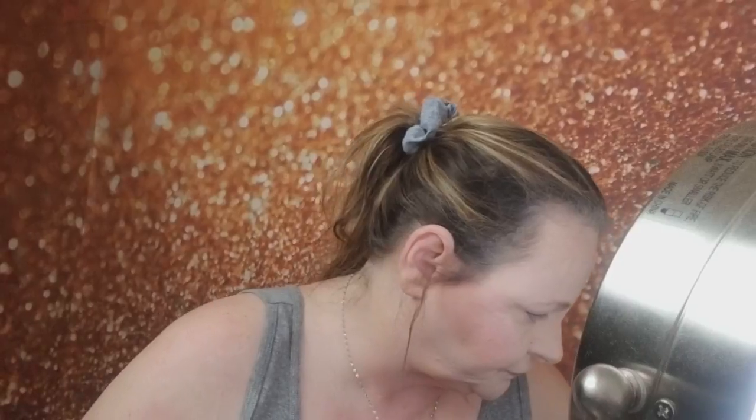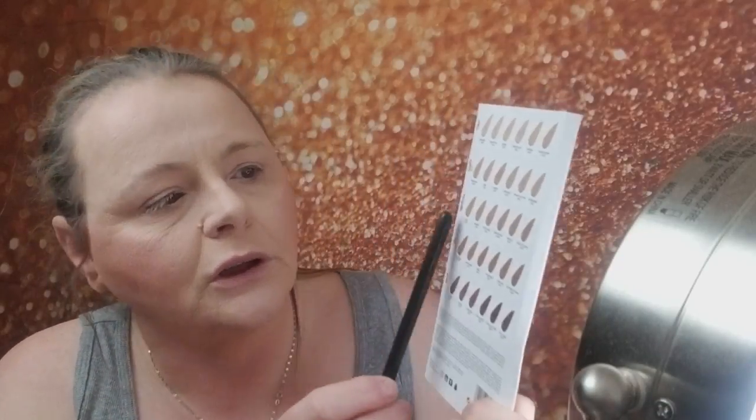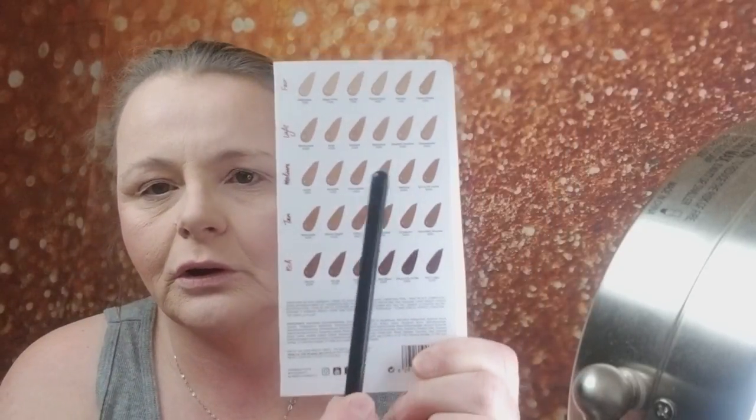I need to quit talking about Tarte so much because we are talking about a beautiful, beautiful foundation done by a wonderful company. Huda Beauty, I just love them. They come from diversity, because the girls are not the typical light-skinned, blonde-haired Americans. They don't cater to that. They cater to a lot of darker skin. If you look at the tones, look at that, there are more dark tones here. From tan to rich, even their medium tones are darker than...